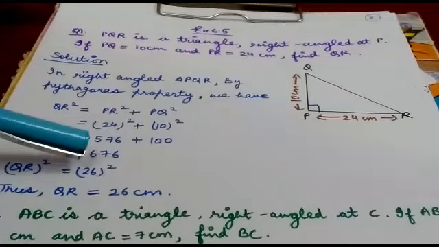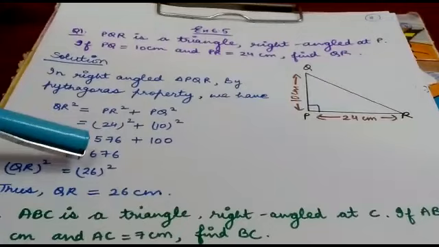Now, a 15-meter long ladder reached a window. This is your ladder, ladder means CD. This ladder reached a window, which is 12 meters high from the ground. This is ground B. On placing it against a wall at a distance A, this distance is A. Now find the distance of the foot of the ladder from the wall. Foot means this is C, the foot of the ladder. This is distance A, we have to calculate. That means BC or A we have to calculate.